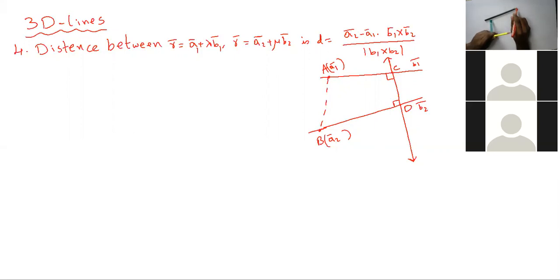If you understand the fact that the CD length is nothing but the projection of AB. This tip is A and this tip is B. The line joining AB is this red colored pen. Now the projection of AB along the line joining CD, the line CD can be extended. If you take the projection of this on CD, that projection length will be equal to this.